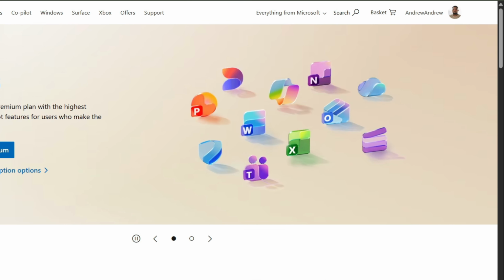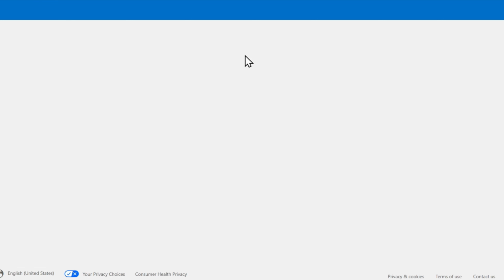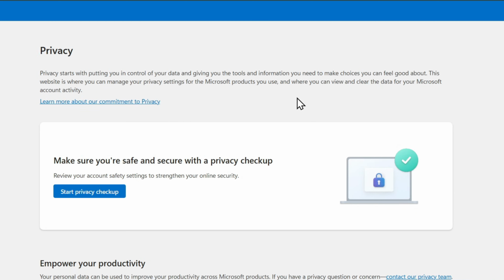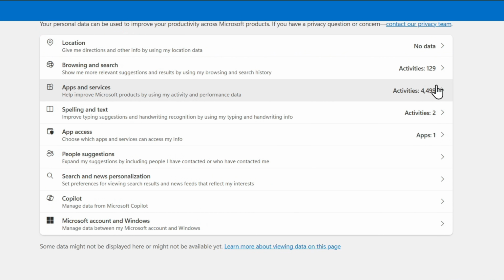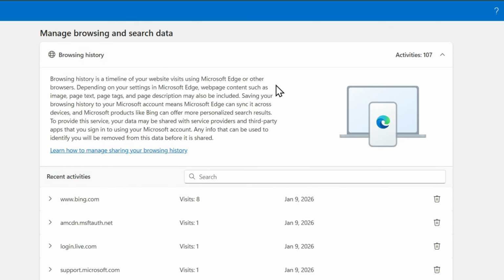So you want to go ahead and head over to Microsoft.com, sign into your account and click your account on the upper right. From here, click on privacy on the left hand side and you want to scroll down and choose where you have those archives. So you can choose, for example, browsing history, as I mentioned here, and scroll down and you